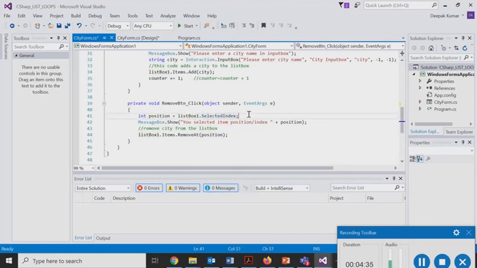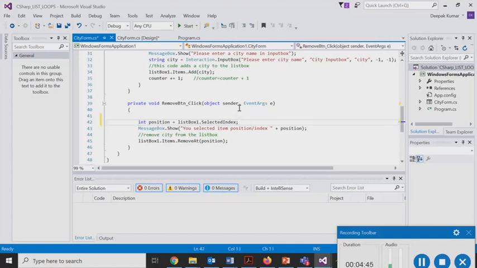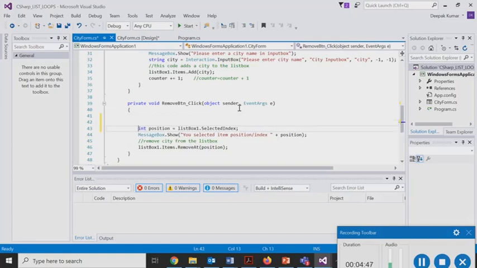So you can go to the last tutorial to see that. So we have to handle the situation that if there is no selection, then we have to change our code to prevent that situation, right?